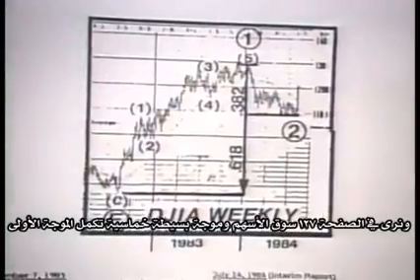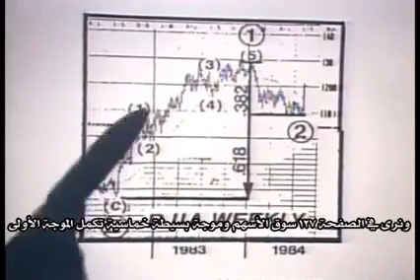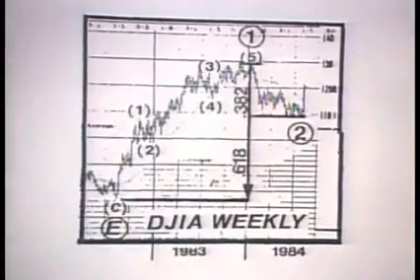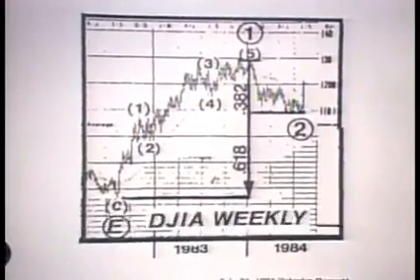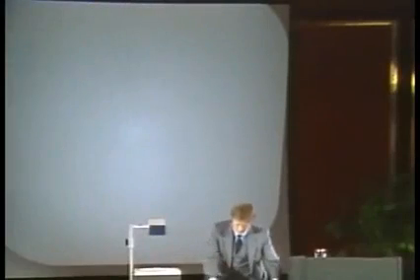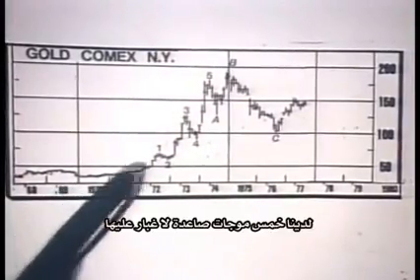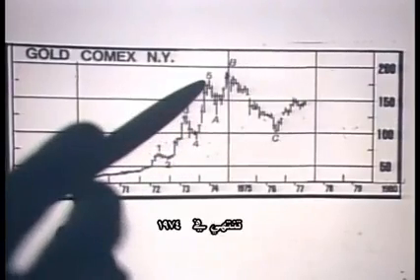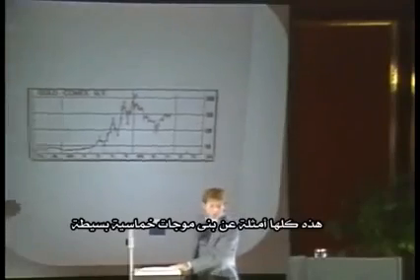Page 127, this is the stock market. Here's a simple 5-wave structure which completed primary wave 1 of the most recent bull market that we saw from 1982 to 1987. And finally, here's an example of the gold market. There's a very clean 5-wave structure up that ended in 1974. This is also from section 1. Those are just examples of simple 5-wave structures.